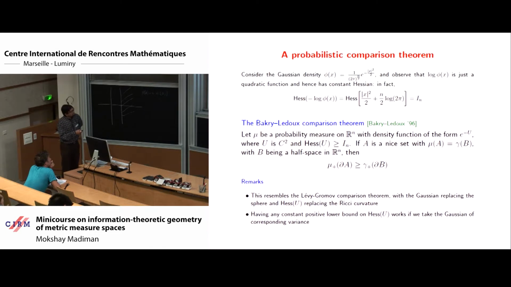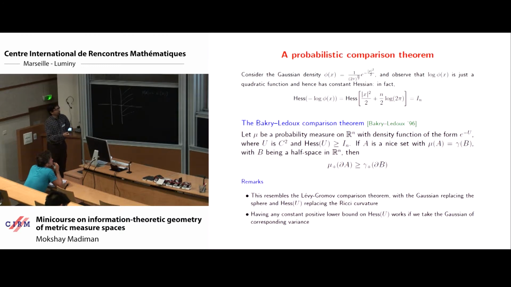So the Hessian matrix minus the identity is positive definite. Then if A satisfies that the measure of A under mu is equal to the Gaussian measure of B, where mu is this probability measure whose density function satisfies this condition, then you have a similar comparison inequality for the